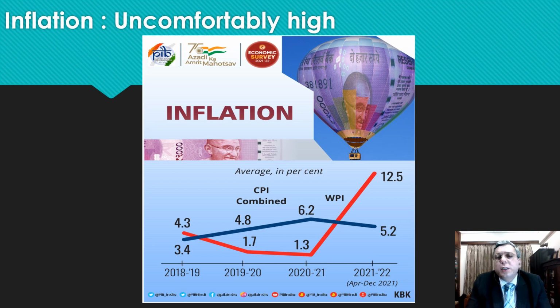UK is forecasting a 7.25% consumer inflation in April of 2022, going up from about 5.5% right now. US is running at 7% consumer inflation, which is expected to go up further to about 8% over the next 2 months. So India is very much in line with the large economies in terms of a very high inflation number, which is worrisome for the government as well as the central bank.